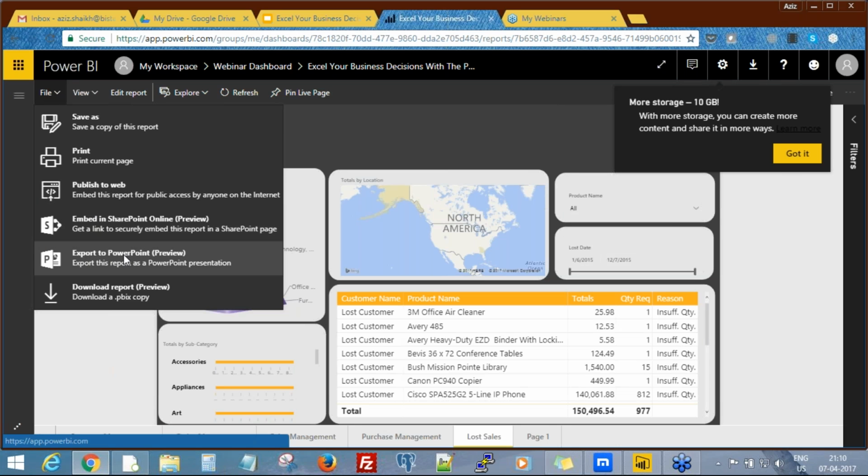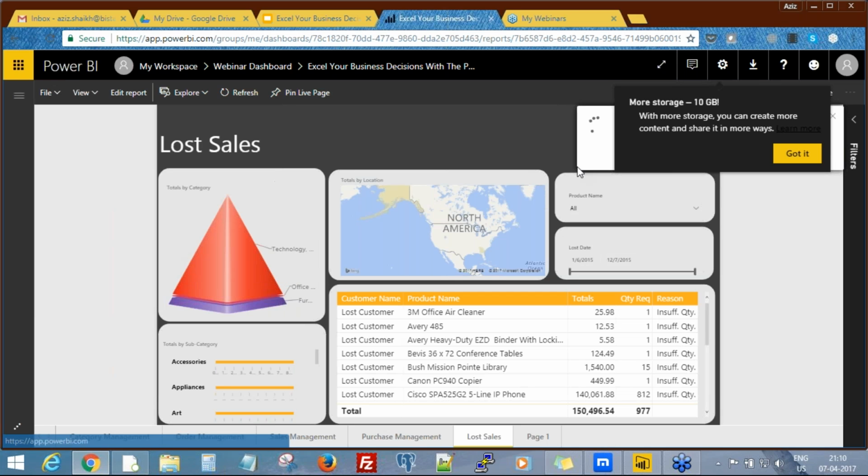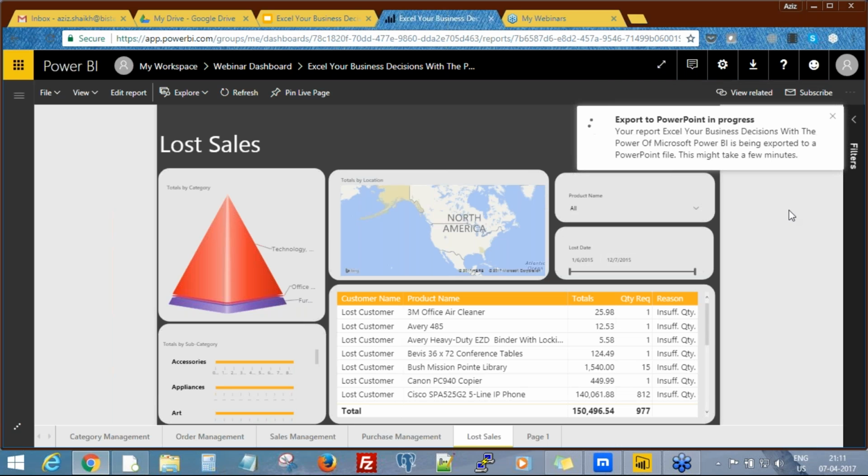okay, so yes, here it is. So we do have an option to export our complete report into the PowerPoint. So I can simply select export to PowerPoint preview. It will process for some time, and then you will be able to see the same report in the PowerPoint. So you can present this report to your management and show them exactly how it's going to look in your PowerPoint. Till the time it gets exported into PowerPoint, let's see